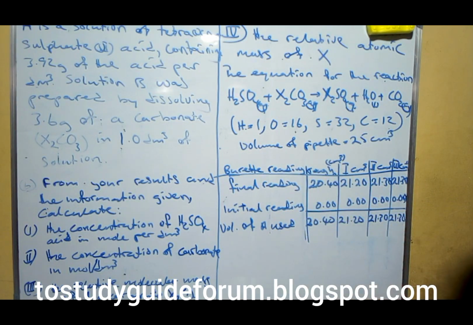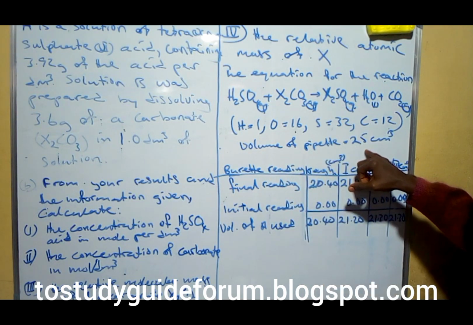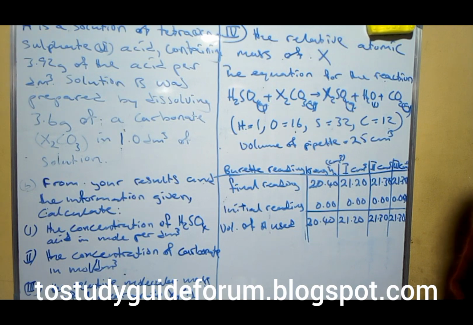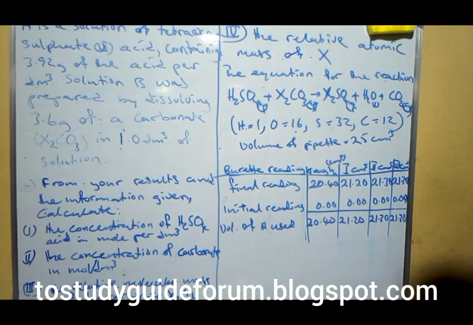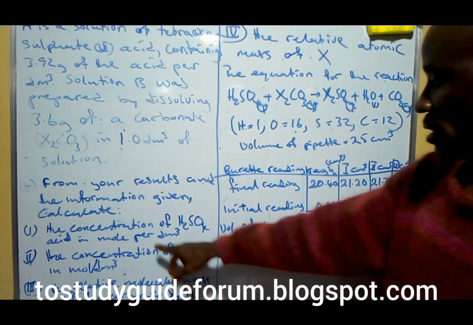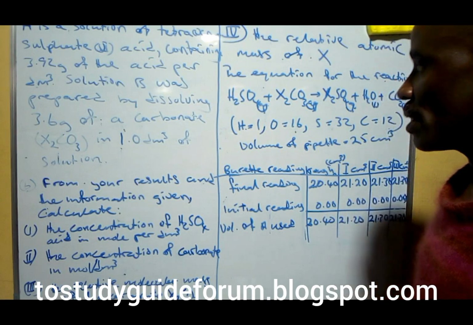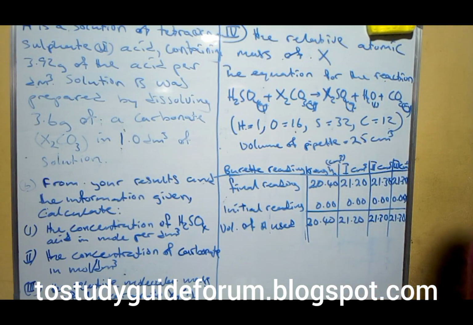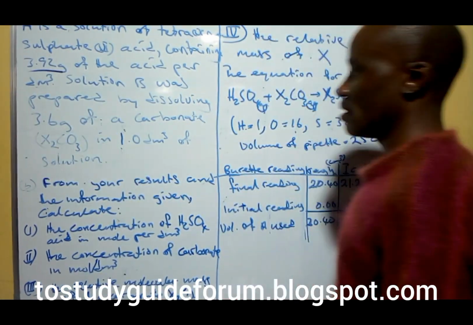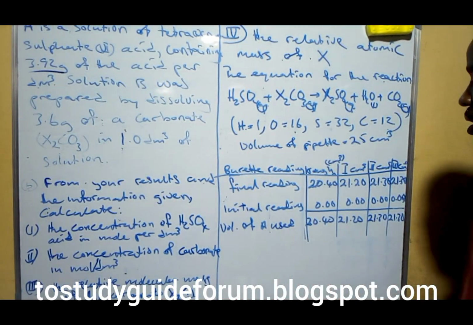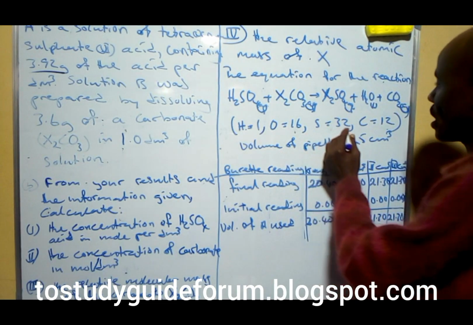and then what we have here is the tabulated reading of the titration. In the titration, we use a 25 cm cube pipette. The volume of the pipette is 25 cm cube. To take care of the first question, calculate the concentration of the acid in mole per dm cube. We were given the mass of the acid, and from here we can